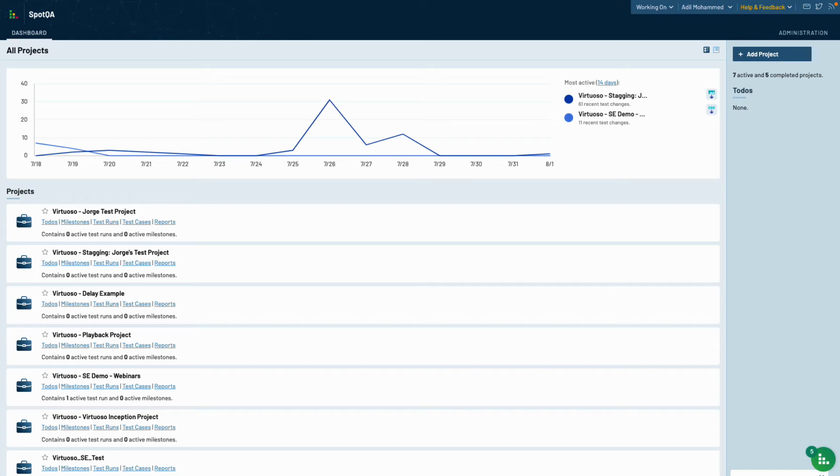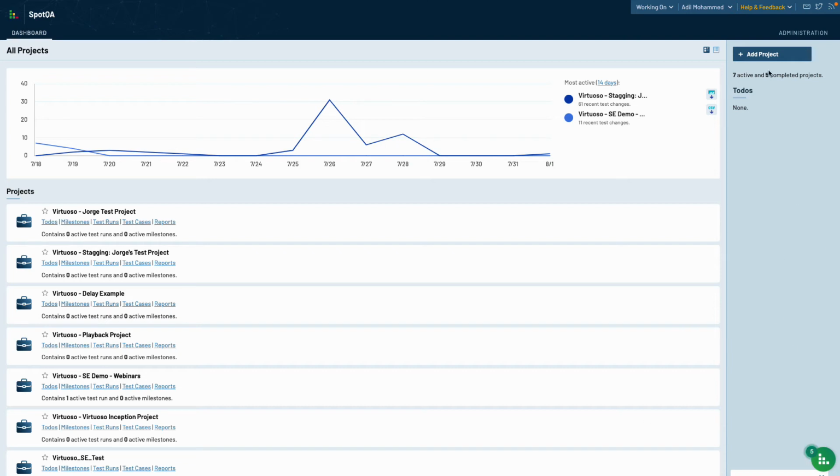Okay, what we're going to look at now is how you can set up an integration with Testrail to pass execution results from Virtuoso to Testrail. Now to do this, you'll obviously need to have a Testrail instance and be an admin if you're going to set up the integration. So to do that, let's go into Testrail, and first we're going to go and click